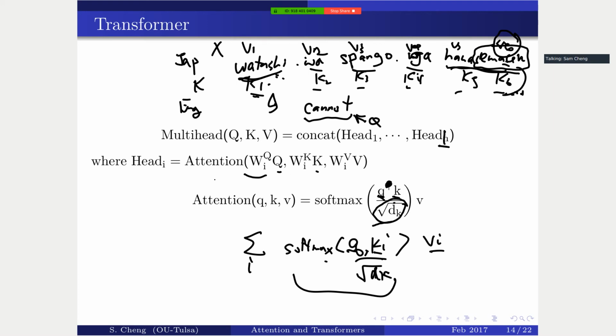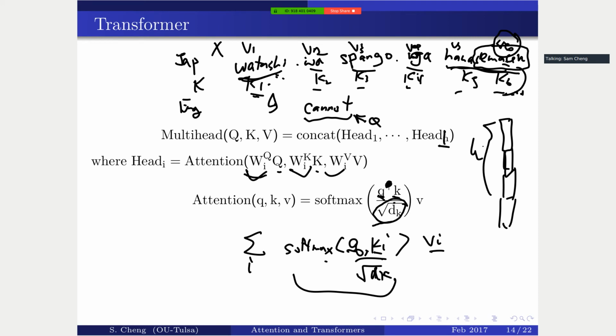So each of the attention heads will generate a representation. For example, this one generates one representation, very similar to V6, as I said. Then I can have another set of WQ, WK, WV, and also generate another vector. So I will cascade all of them. So if I have H heads here, I will cascade each of them here. And then eventually,